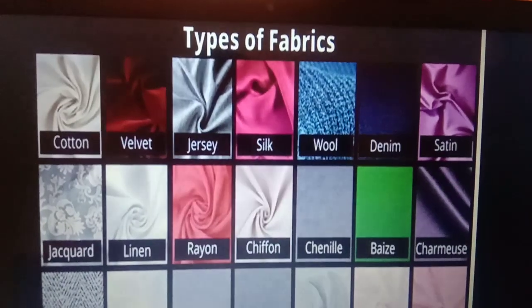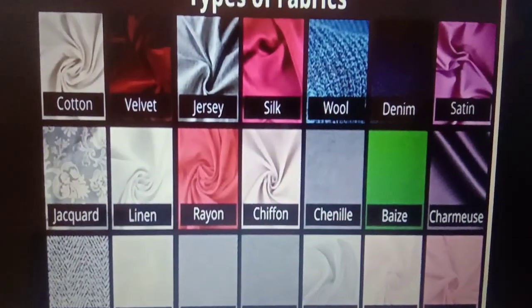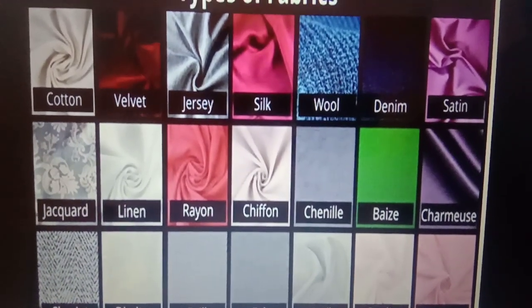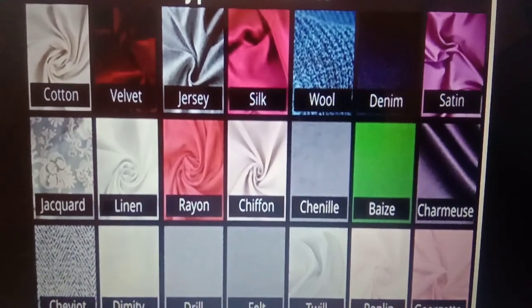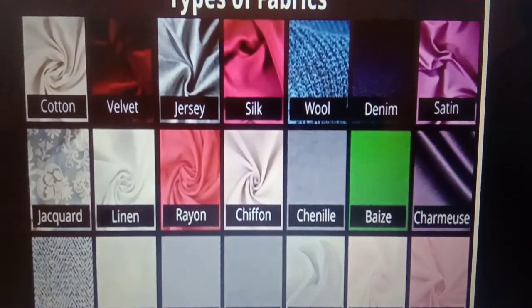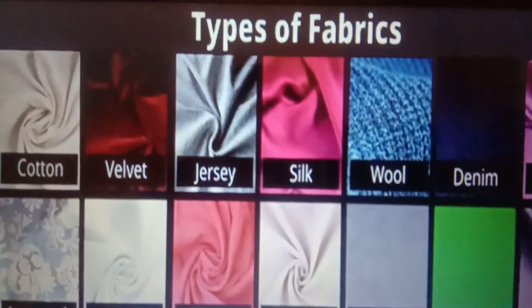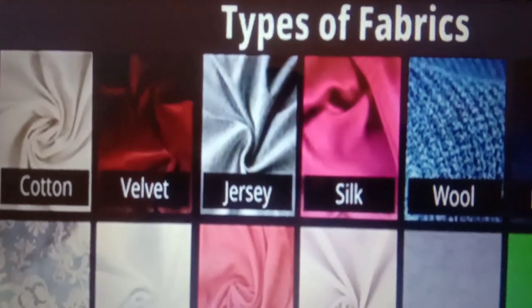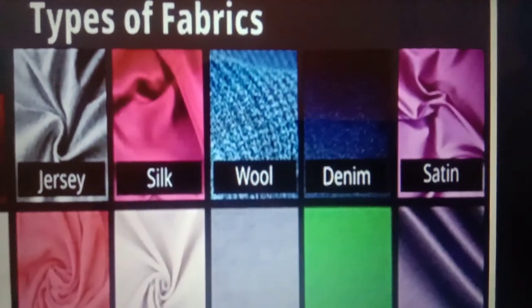Now let's start with the variety of fabrics. Students, clothes are made from fabrics. If we go to the cloth shop in the market, we can see a large variety of clothes. Some fabrics are made of cotton, others are made of wool or silk, whereas still others are made of synthetic material or man-made material.